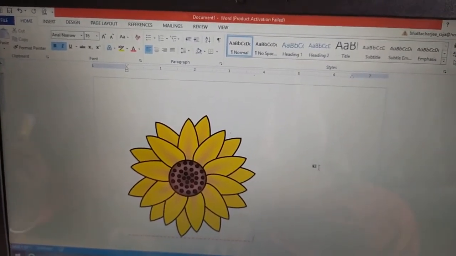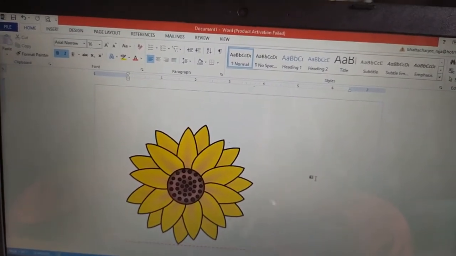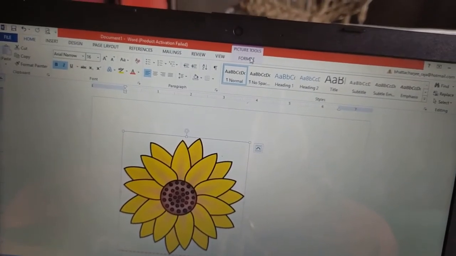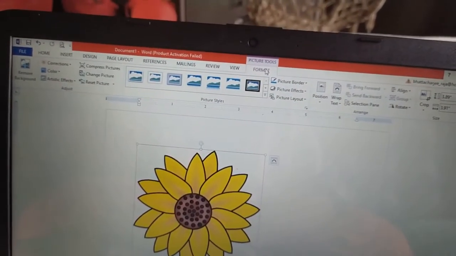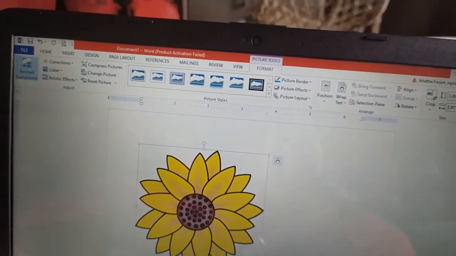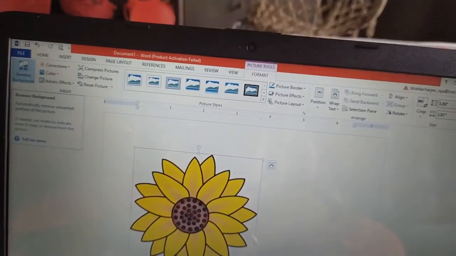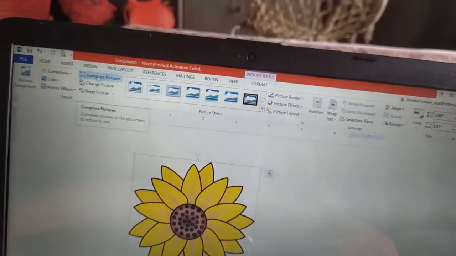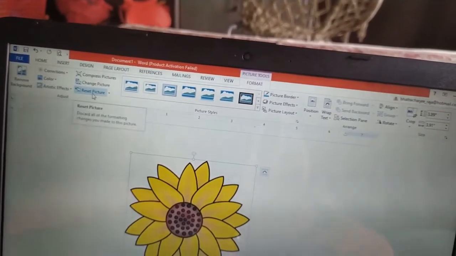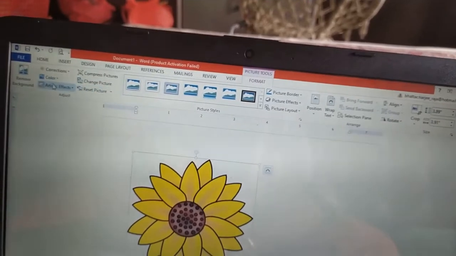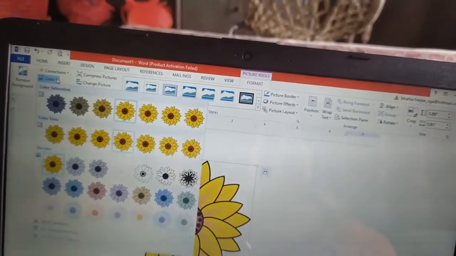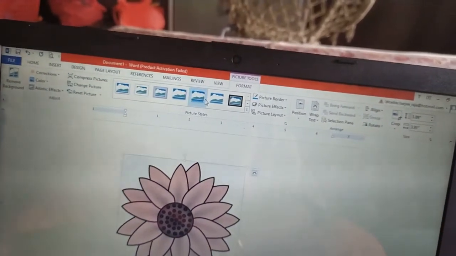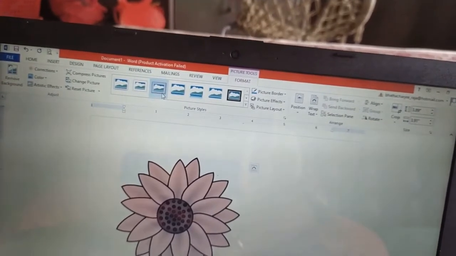Now, let us talk about how to format these pictures. For that, whenever we click on the picture, see, a Format tab comes. Over here, you can get the options to remove the background of the picture, compress the picture, change the picture or reset the picture, and give certain colors to the pictures. How the picture style will look, that also we can set over here.